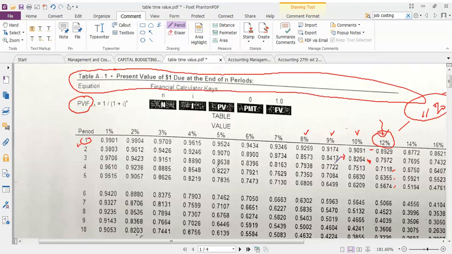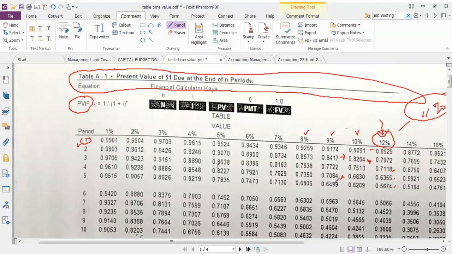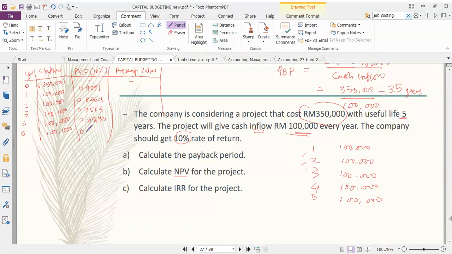Okay, how about fourth year? Okay, 0. Last, the fifth year. Okay, 0.6209. Okay. After you look at the table and then